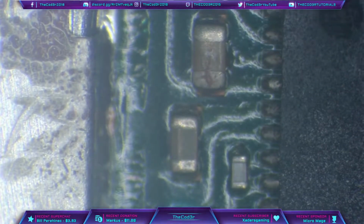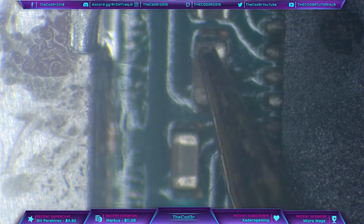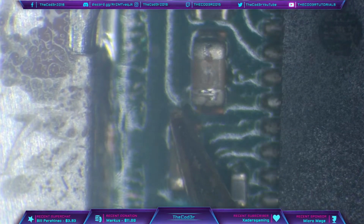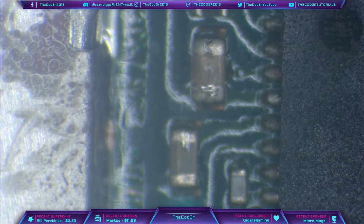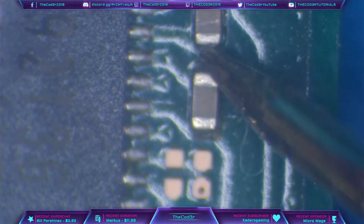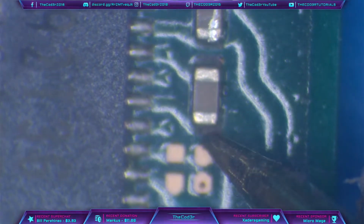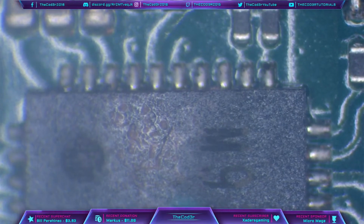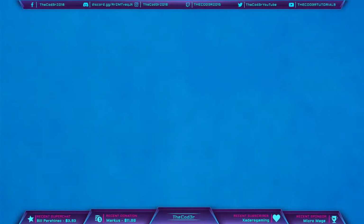So let's pop down here, let's check this one, and we also have a short just here as well. So kind of guessed that by the discoloration. You can take an educated guess. That one's good, and that one's good. Let's check these ones. I believe it's the bottom for this one, and then the bottom for this one. There we go, and those two are fine. So we do have a short on several caps on M92, so that means that we've definitely got an issue with M92. So let's flip the board around quickly,